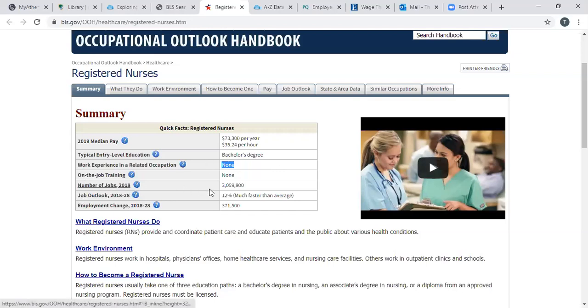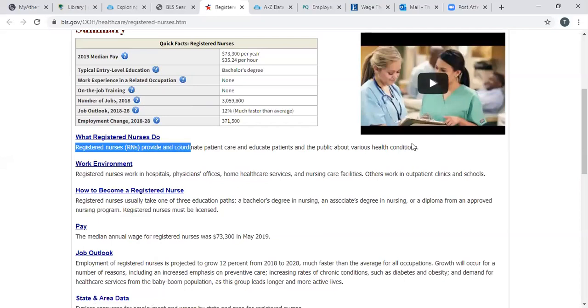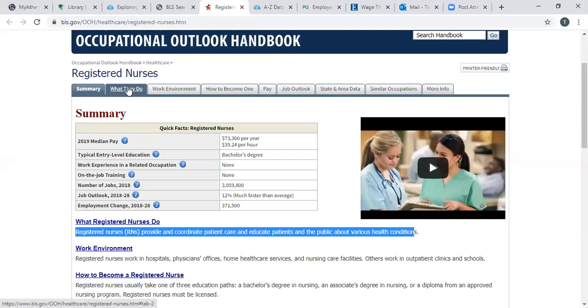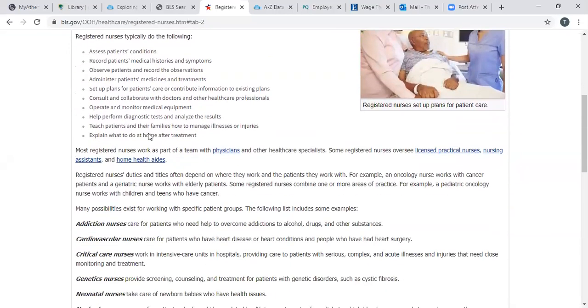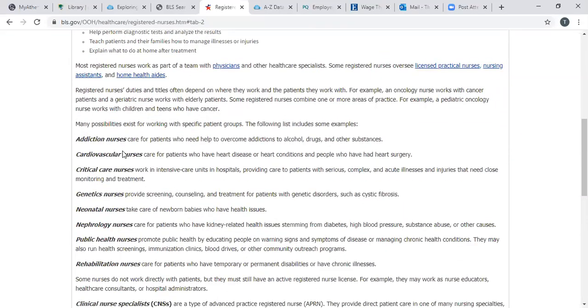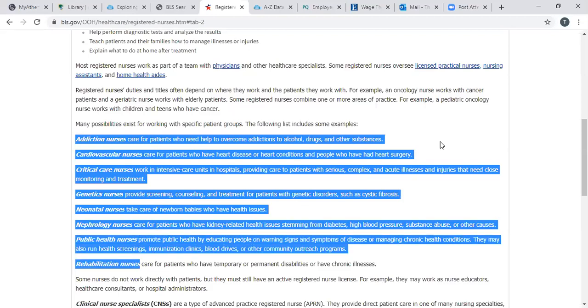Number of jobs in 2018, and the job outlook. You always want to see something in the plus category here, 12%, much faster than the average. So we're always going to need nurses. We all see that every day now with the COVID-19 situation. So what do registered nurses do? You can sit here and you can come down here. There's a nice little simple one-liner about what they do, but we know that's not going to encompass all they do. So let's go to the tab. What do they do? Here are their duties. Some examples of different types of registered nurses,